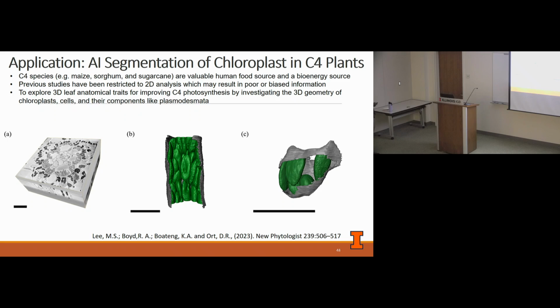Labs that are studying this have been trying to do measurements, and typically in the past, these have been done only in 2D. Obviously in 2D, you can have biased information or less quality data. So the goal is to apply this in 3D volume sets